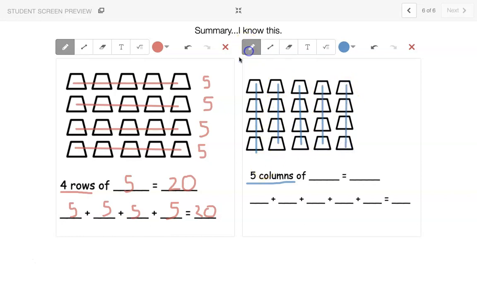In each column, I can count them, and I have 4, 4, and I have 5 columns of 4, 4, 8, 12, 16, 20, and that is my repeated addition. 4 plus 4 plus 4 plus 4 plus 4